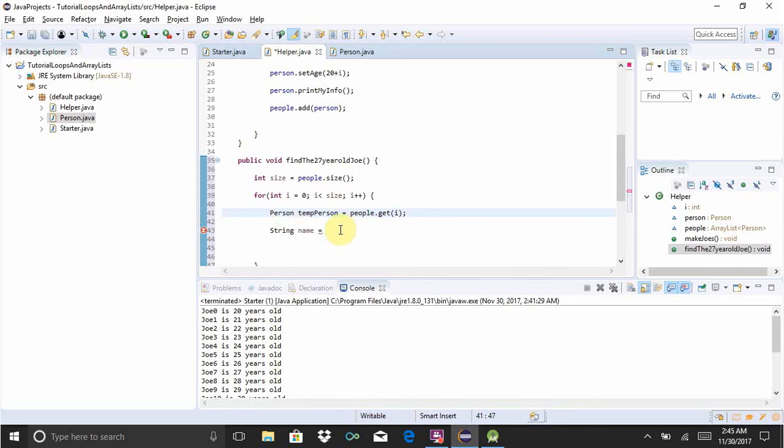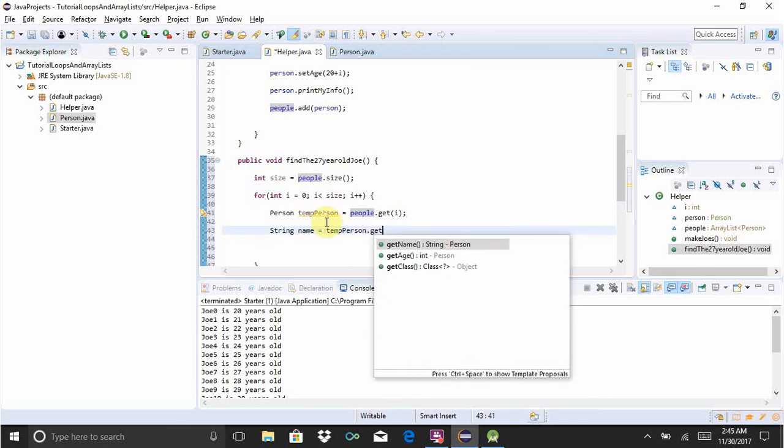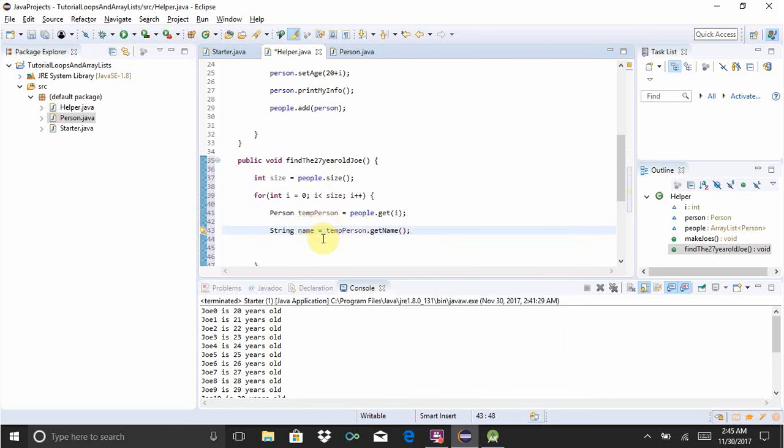So the person that we're going to grab each iteration through this loop is done by taking our array list of people and grabbing the first one. Okay, so now that we've done that, we're going to say string name equals tempPerson.getName, and we're going to say if name.equals